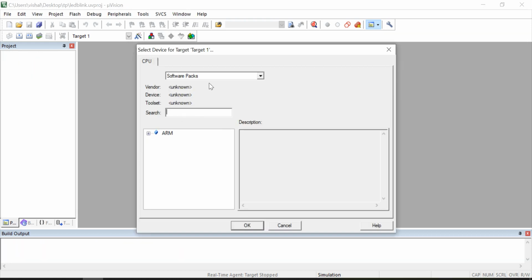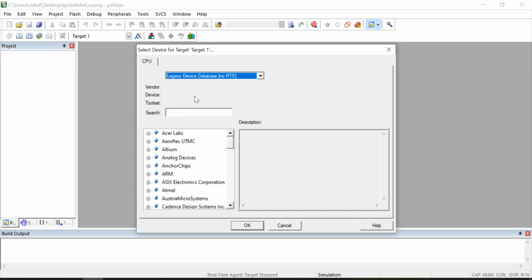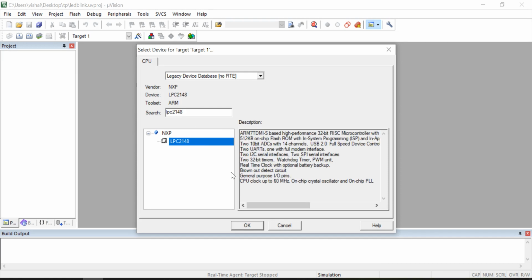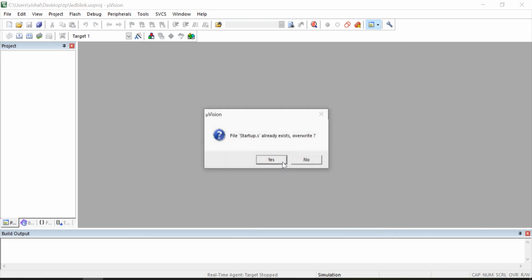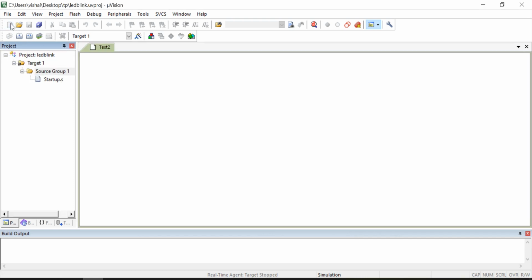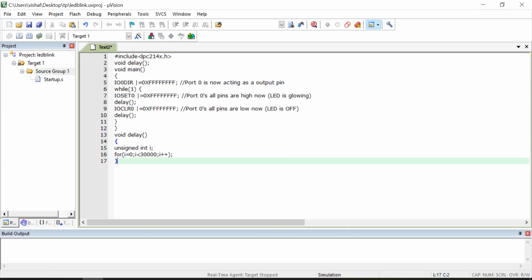And then you have to search for this legacy device database, then type LPC2148, click on this, click OK, yes. Now after this you'll see this target group, then click on file, new, and I have already written